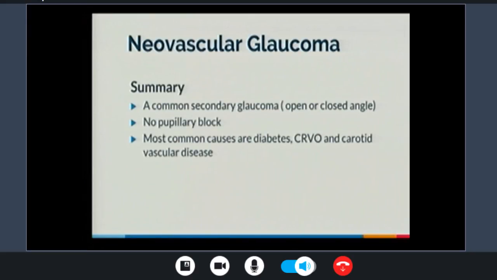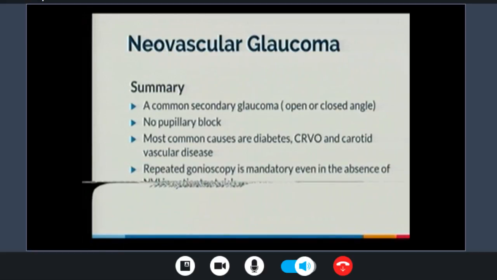And the most common causes are, as I said, diabetes, as well as ischemic vein occlusion and carotid occlusive disease. Repeated gonioscopy is mandatory even in the absence of NVI. As I said, in 10 to 12% of them, the angle vessels may precede the rubeosis, or the appearance of NVI. So you need to do gonioscopy not only once, but even when you diagnose a patient with NVI and neovascularization of the anterior segment,